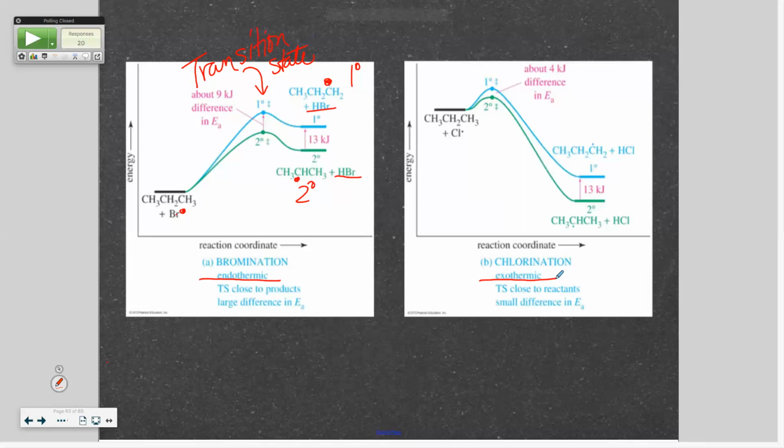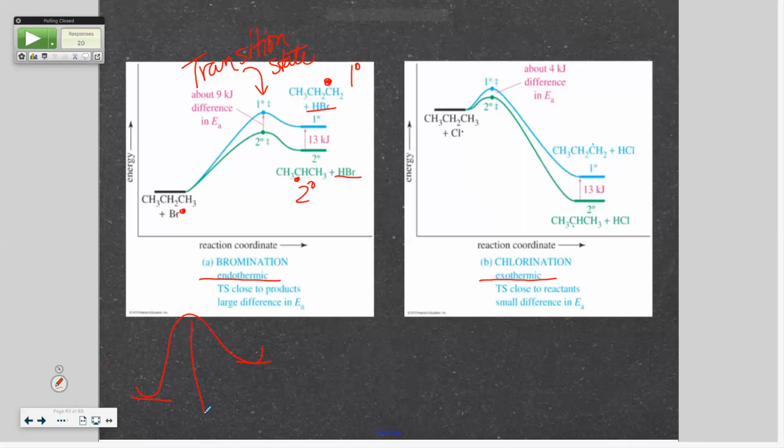Okay, now, do you see that when these things are drawn? Let me just do one. Okay, here I drew it pretty much in the middle. Okay, well, what they figured out is that it isn't necessarily in the middle. Okay, and so if you look at this one, the transition state is closer to that intermediate free radical. Here, the transition state is closer to the starting materials. You see that? It's a little difference. Okay, here I drew it right in the middle as much as I could.